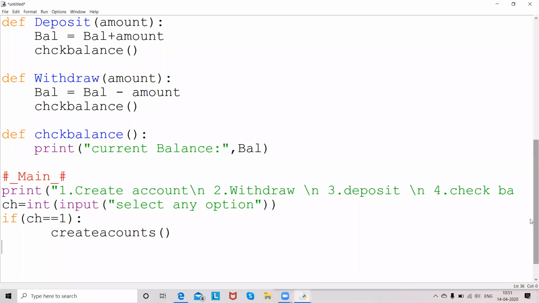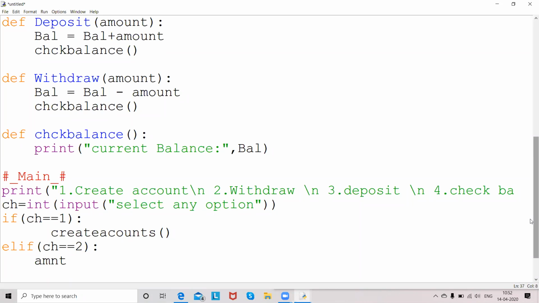Then similarly, if the option is not this, then I'll go for elif, suppose if ch is equal to 2. This time it is a withdrawal operation, right? But before withdraw, we must ask the user to input how much amount he wants to withdraw. For that, I'll take a simple variable like amount.